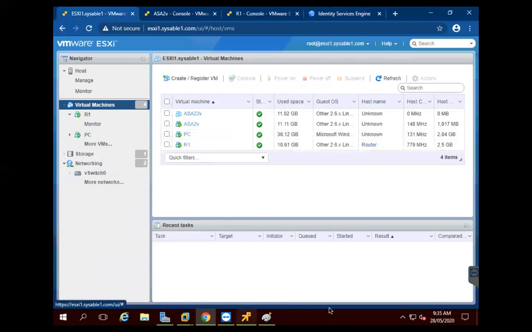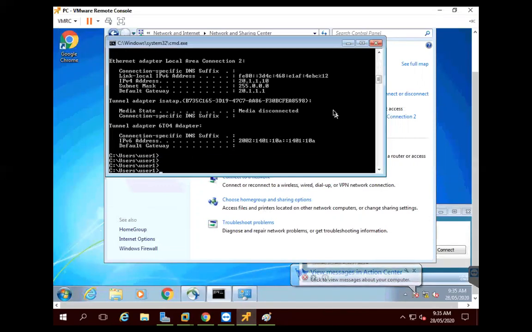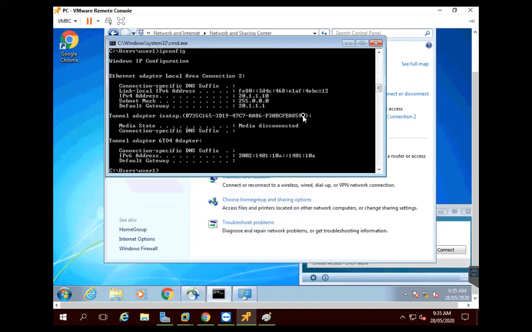I'll click on here, and this is my client PC. I will check for the address. You can see the address is 20.1.1.10.